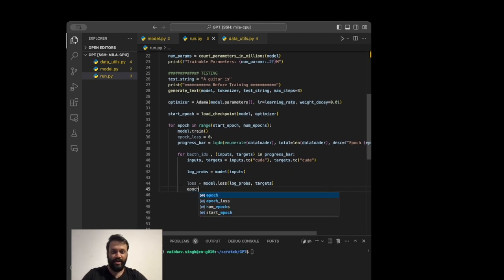Okay, the epoch loss becomes just added to the loss.item(). Loss is still a tensor, and we need to extract the scalar from that. So just .item() will suffice. Now do a backward pass. So basically loss.backward() will do the backward pass, and then